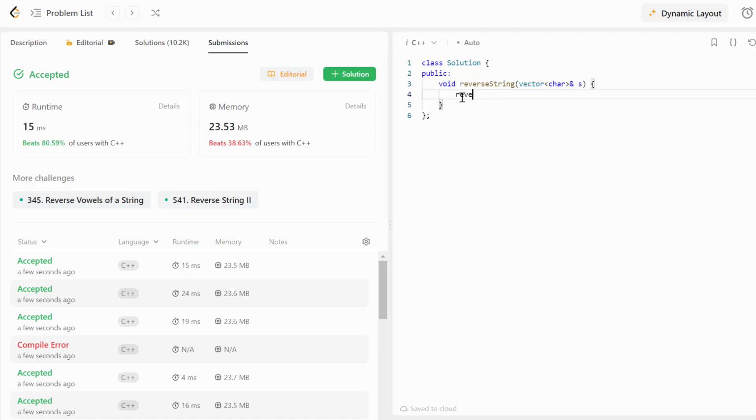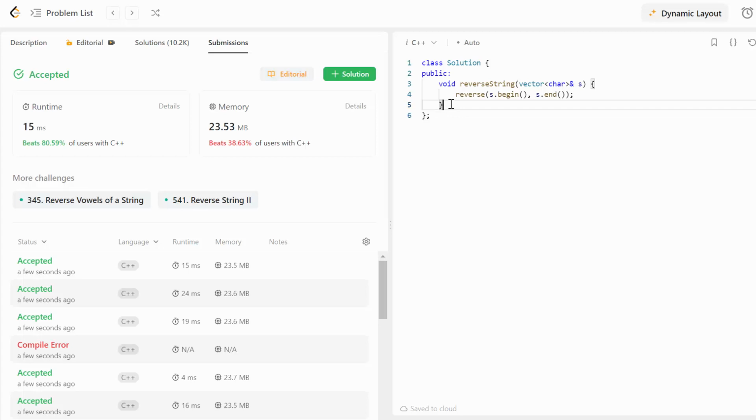I need just to write the function reverse. And in the round brackets of the function reverse, I need to specify which part of our vector I want to reverse. So I want to reverse the entire vector. So I'm going to write here the pointer of the beginning of our vector and of the end of our vector. Okay, don't forget the semicolon. And you can see how clean and easy our solution looks now.